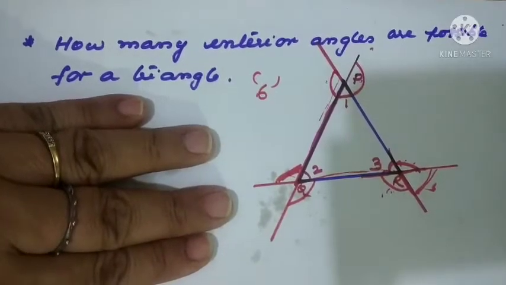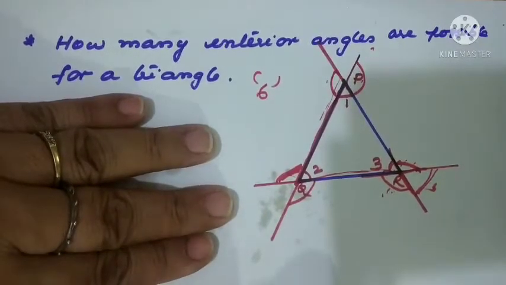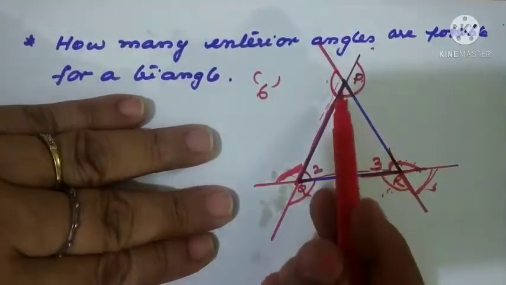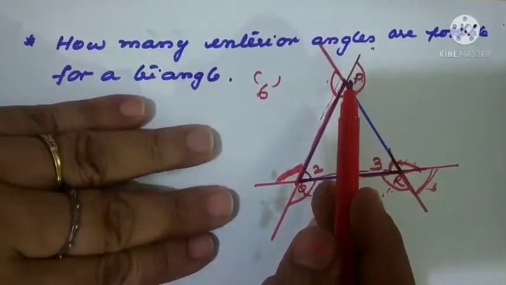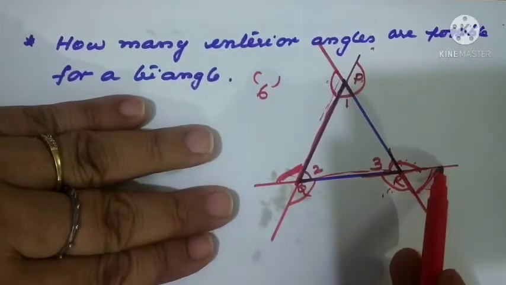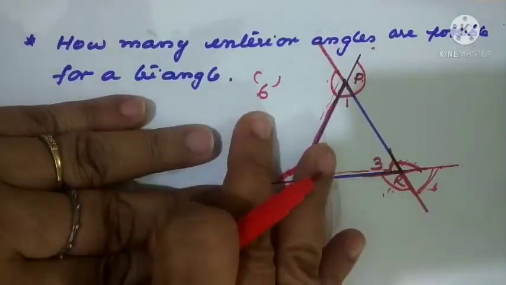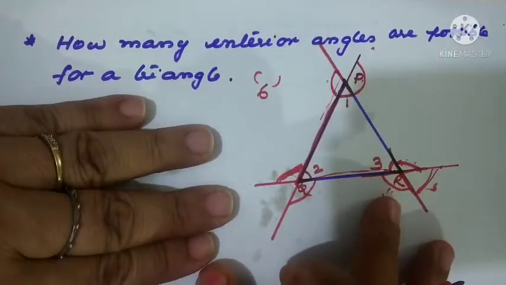Just for knowledge purpose we told this one. It is not necessary that all 6 angles should always be shown. We will always use 3 only. That means we are ordering, we are going in one order only. PQ, then from Q we have started, then RP we have started. And both directions you can use. That is why we are getting 6 exterior angles. This is for knowledge purpose, not for the exam purpose we have told.